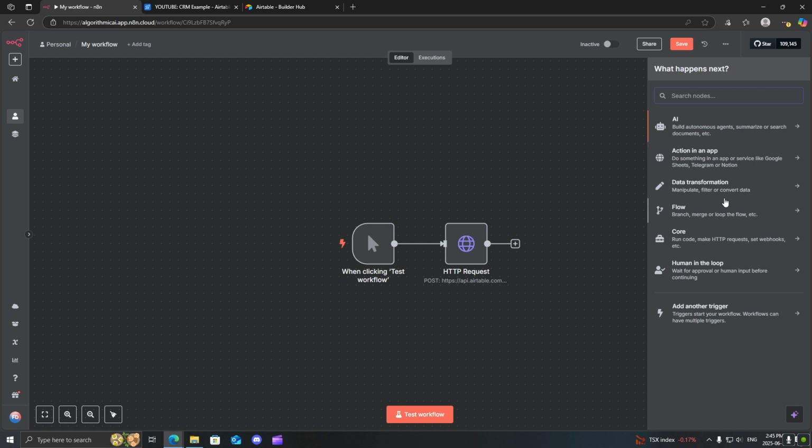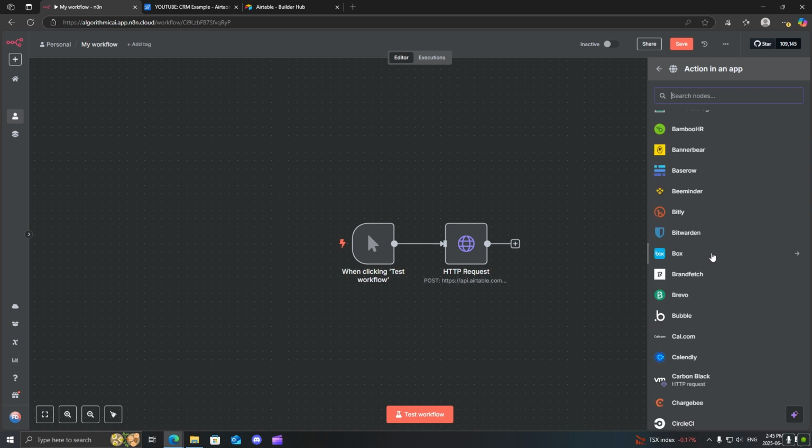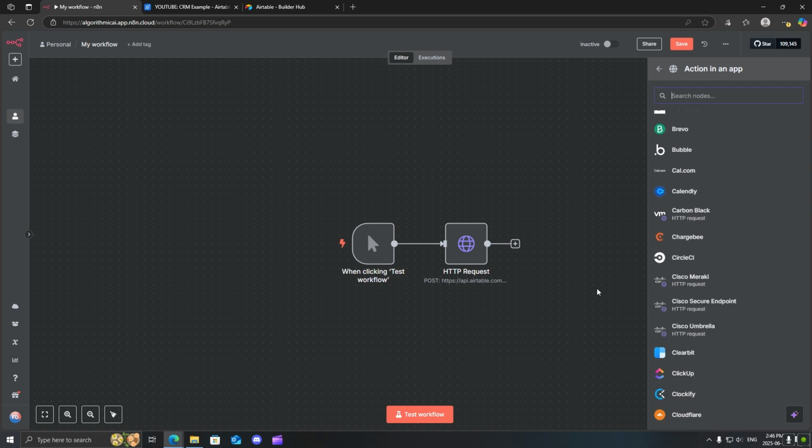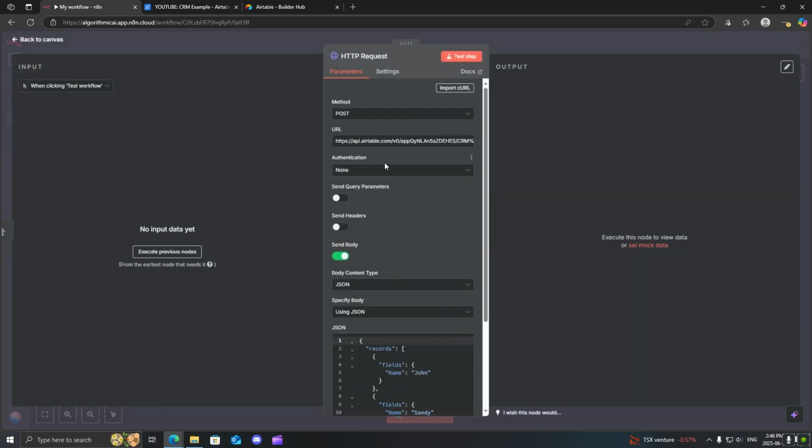node inside n8n. So just if you look over here, these are examples of pre-built applications inside here. So let's say you are required to use the HTTP node, most of the time you will also be needing some kind of authorization, usually in the form of an API key. So I already know that n8n has a pre-built node for Airtable, but I'm just going to use this for demonstration purposes. So my goal right now is I'm going to use this HTTP request to create a post record